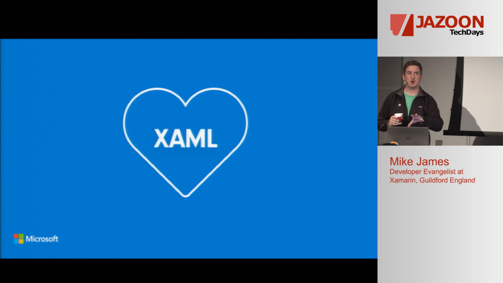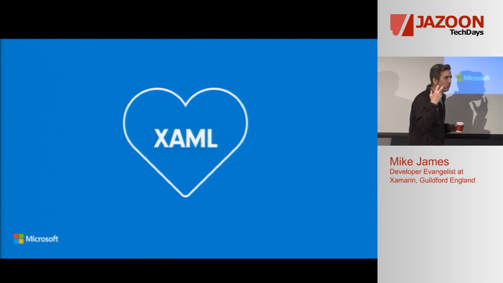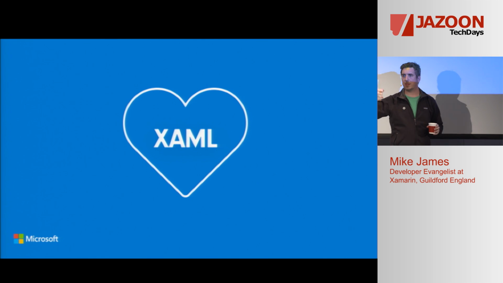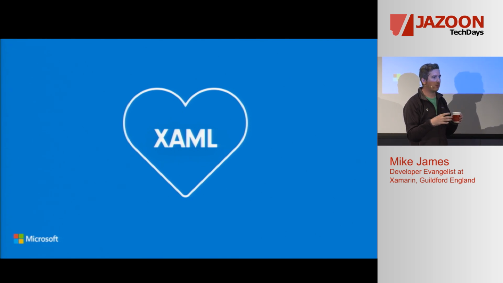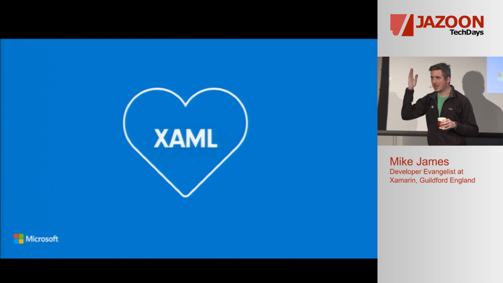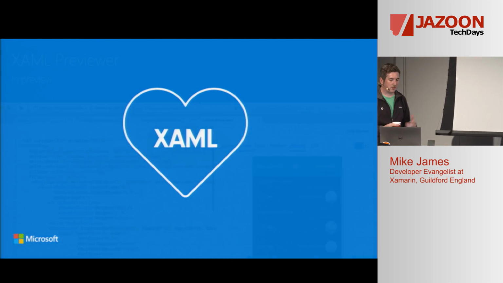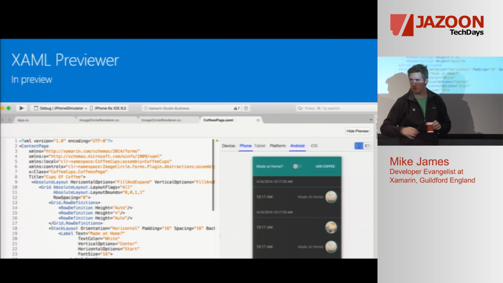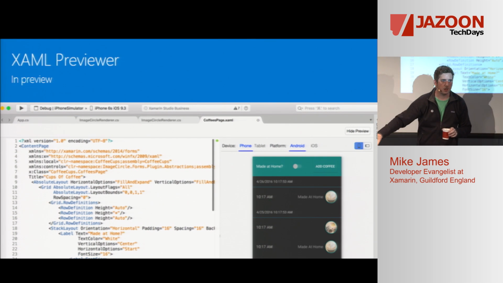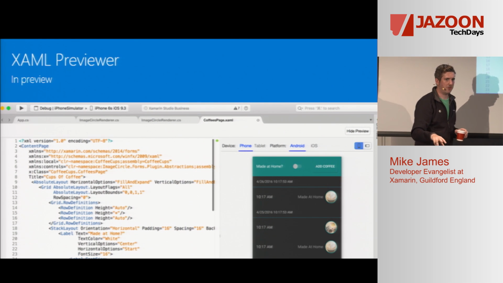So we love XAML. So if you're building your user interfaces with code behind, what you can do really easily is mix up the implementation details with your UI. So it kind of becomes too glued together, and it's very difficult to then go and tweak your UI. With XAML, there's a very, very clear separation of concerns. So we love XAML, and we've got this XAML Previewer. Now, it is in the stable version of Xamarin, which I've got installed on here, but it's hidden. So if you want to use this preview in Visual Studio, you're going to have to go and find it.